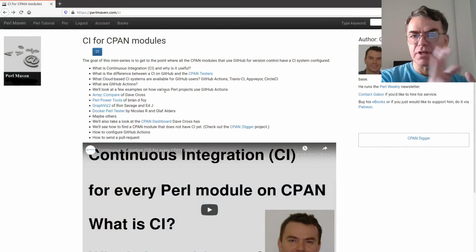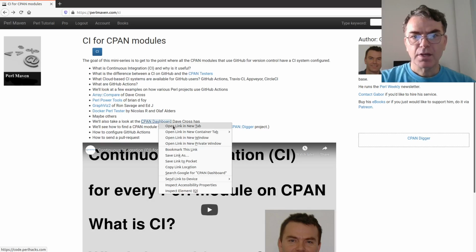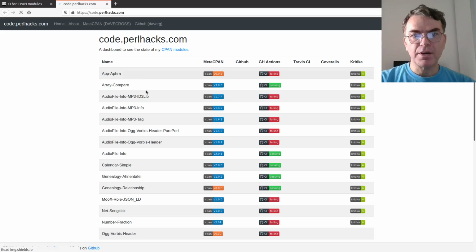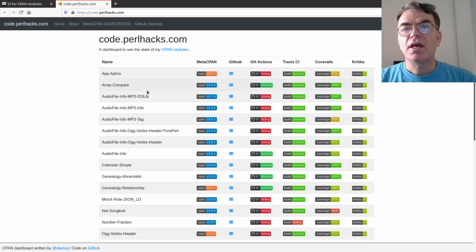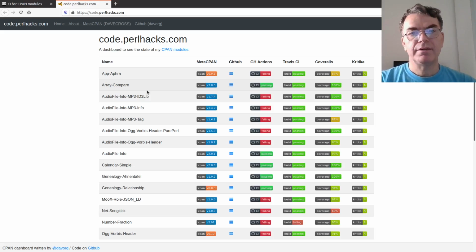This is the page where the series starts, and I have a link to the CPAN dashboard, which is something that apparently existed for a couple of years now, but I either have never seen or just forgotten about it. In any case, this is a really nice and really simple dashboard showing you all the packages, all the distributions that Dave Cross has uploaded to CPAN, and for each one of them it shows what's the version on Meta CPAN, the link to GitHub,